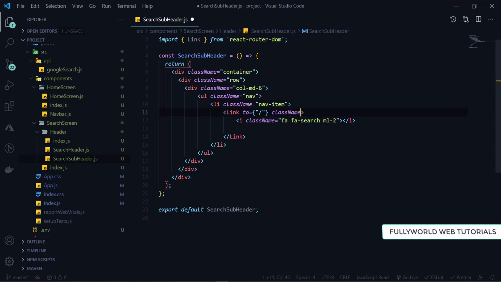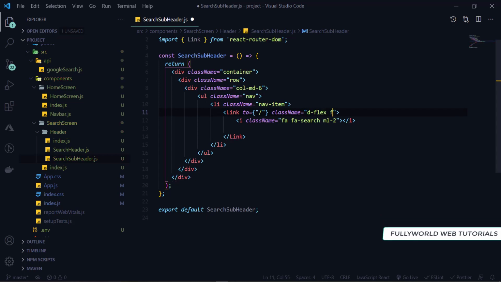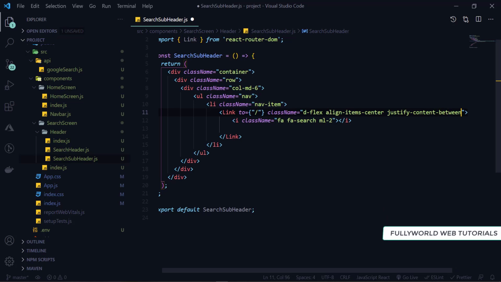Here will be class name d-flex, and align items center and justify content between.